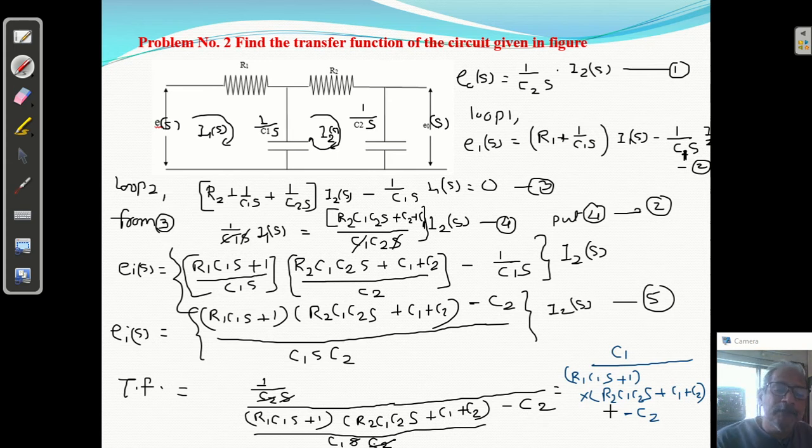And if we simplify, you will get second order system, that is यहाँ multiply होने के बाद ये s square term आ जाएगी, so you will get the second order equation and type 0 because यहाँ एक constant आने वाला है, lowest order will be 0, so it is the second order type 0 system you will get. If we want you can simplify it also, but I am going to check the answer. I have solved it.